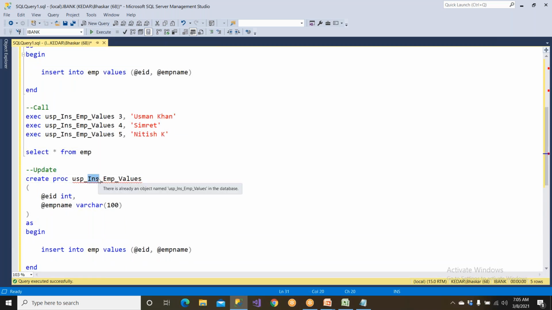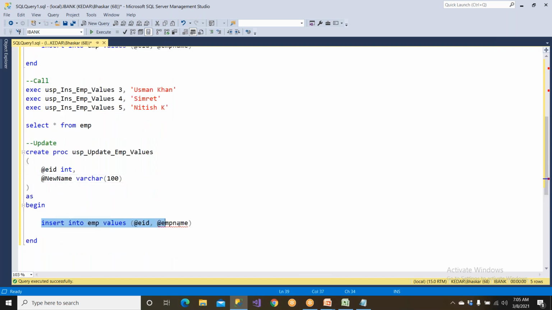Insert this one, update employee. So what is it that you wanted to update? Which employee's data would you like to update, and what is the new value, the new name, right? Because you have only two columns, and what is that new name that you wanted to update? Okay, so here you have to write update emp